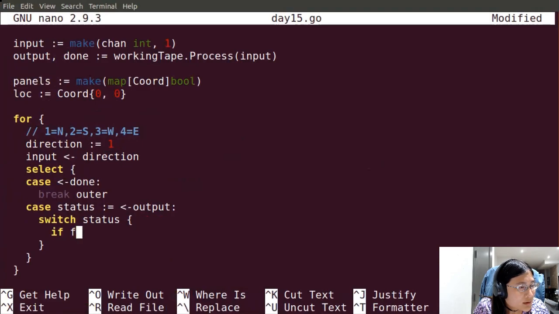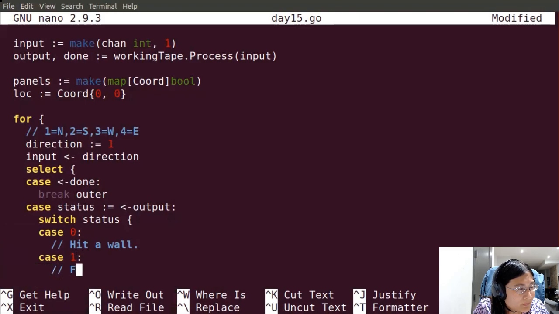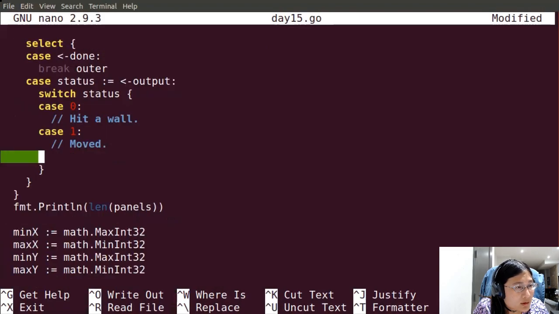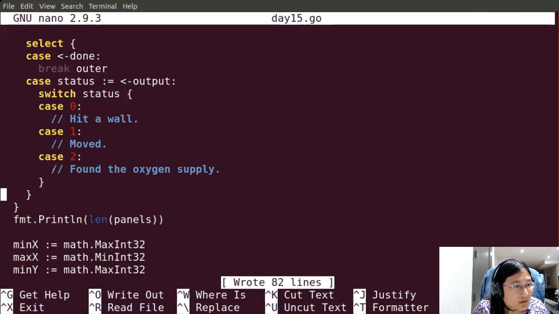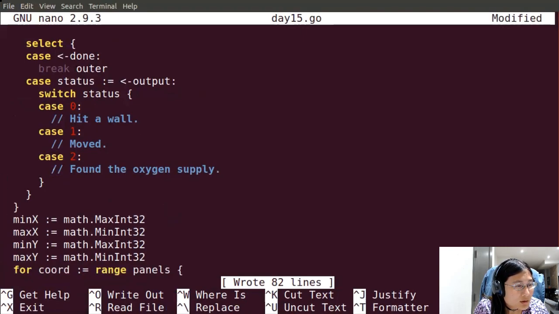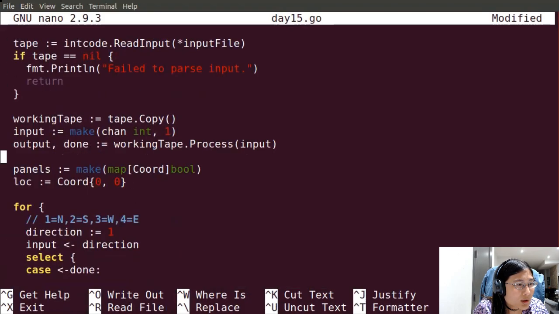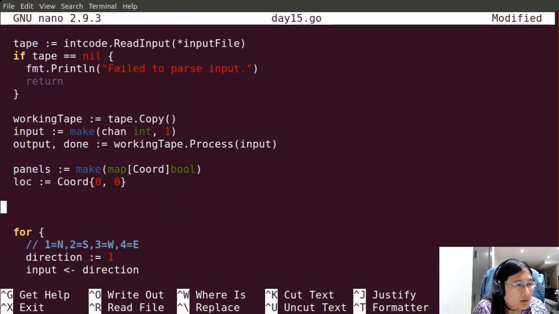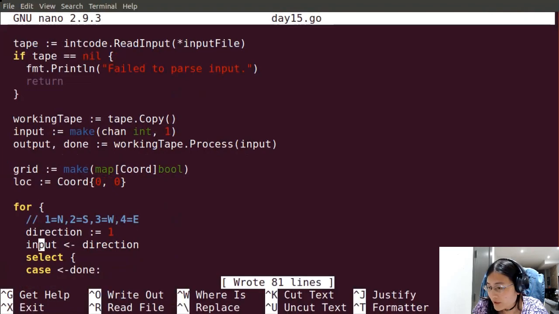So case 0, hit a wall, 1, route. Okay. Excellent. Okay, so this logic is still the same. So I have a grid here.